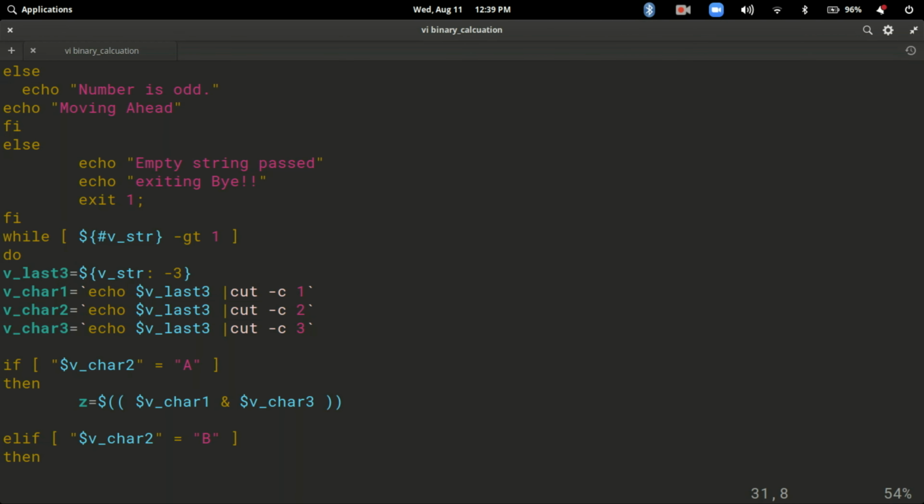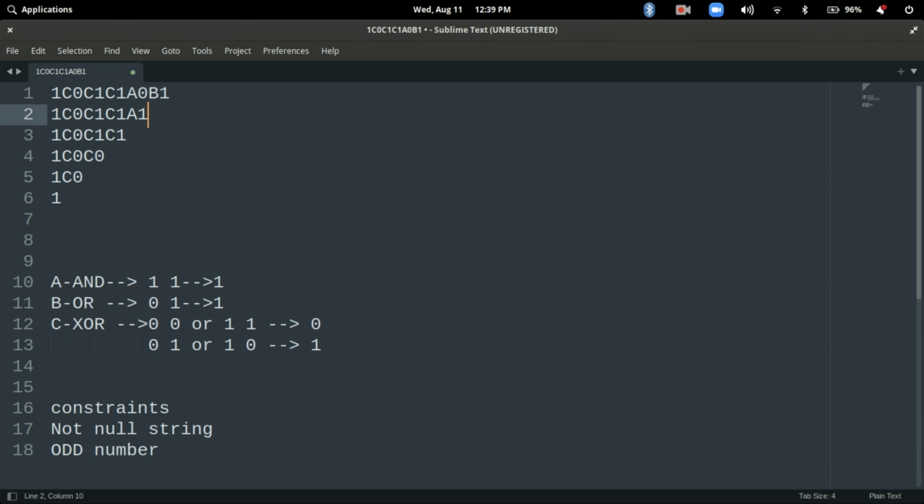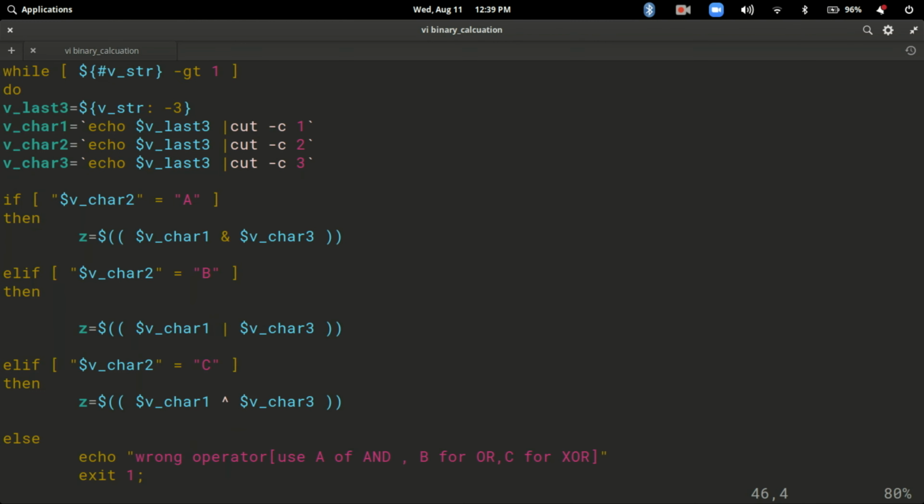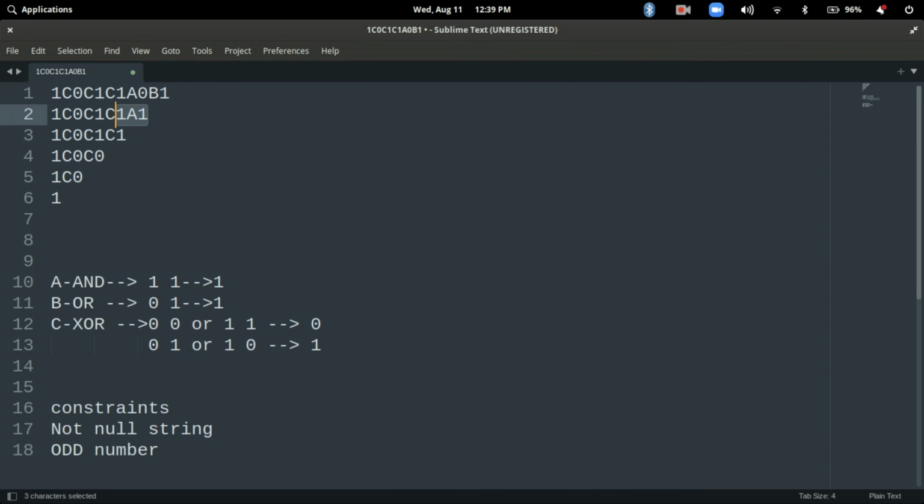last 3. So as soon as I pick, vchar1, I am picking the first character, second character and third character. So it will pick up your first character, second character and the third character from that string. Okay, the last 3 character string, it will pick one character each. And then, based on the values, every time it picks the last 3, the second value will always be the operator between them that is being passed here.